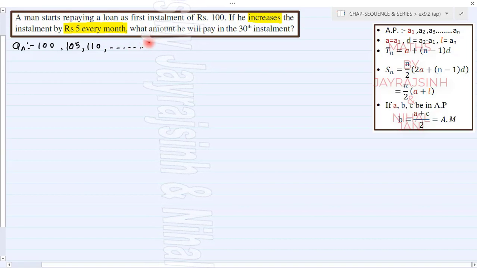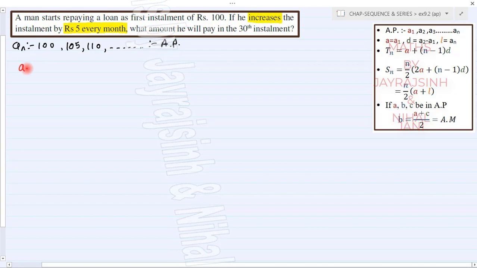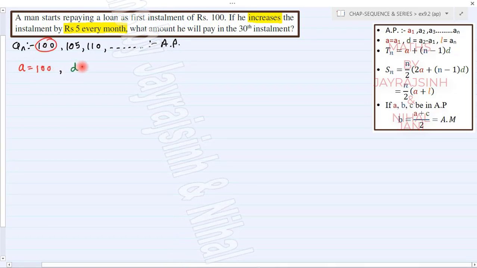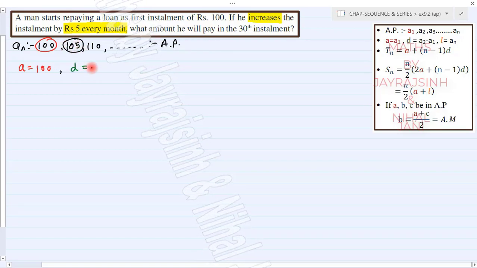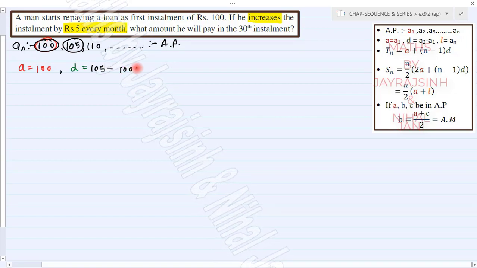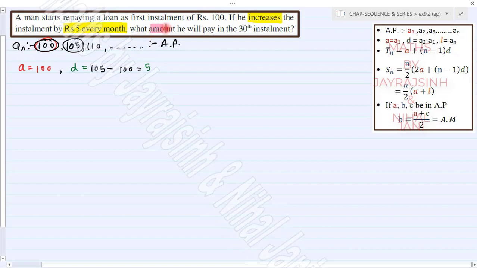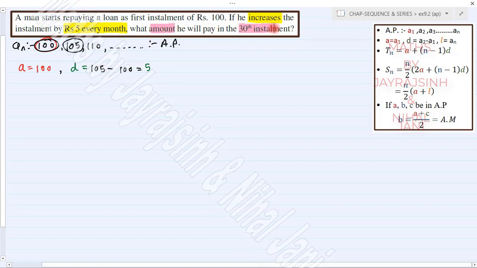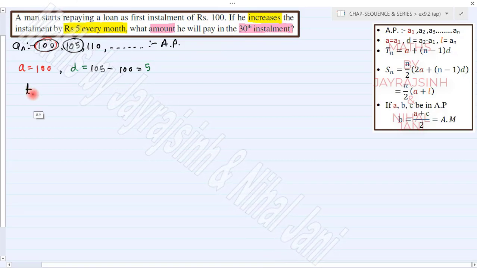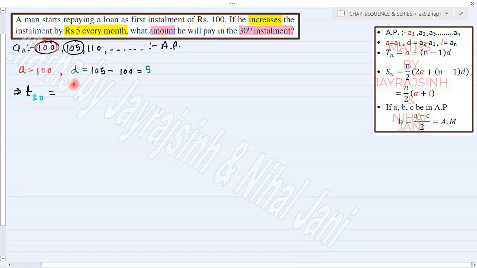So it is clear that your sequence is in AP, where the first term is 100 and the common difference is 5, and we have to find what amount he will pay at the 30th installment. That means we have to find T30, for which we can use the formula of the nth term,